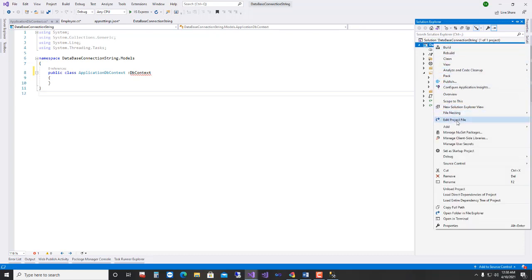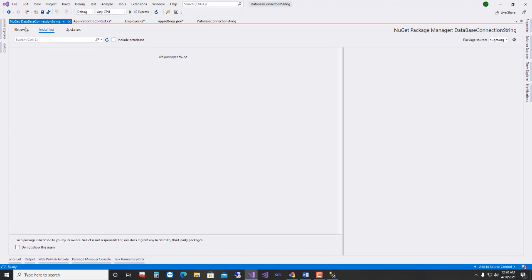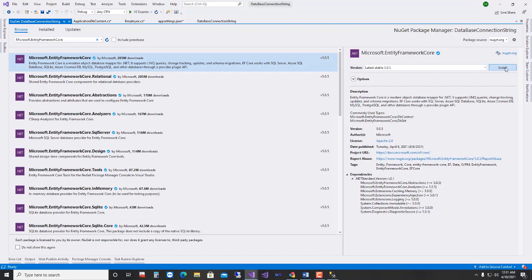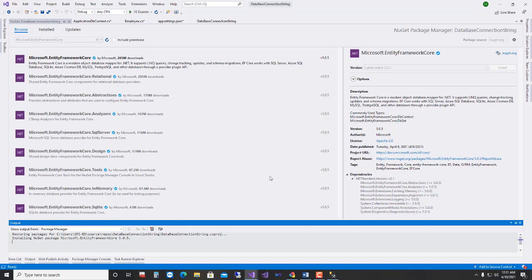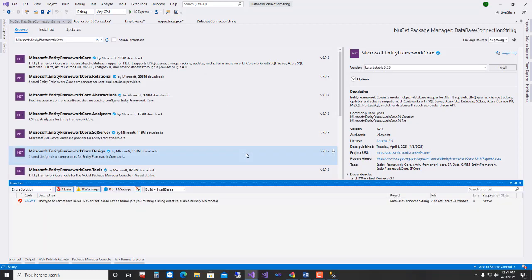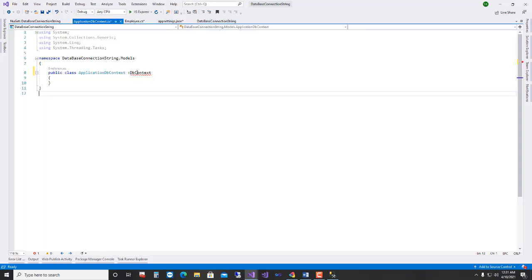So add, manage NuGet packages, select browse, install. I have to accept the license agreement, so click on I accept. Okay, go back to my ApplicationDbContext.